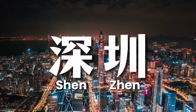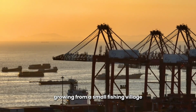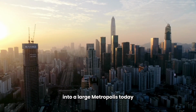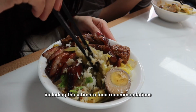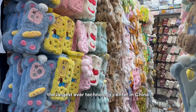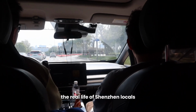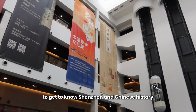Let's go. This is Shenzhen, a futuristic city growing from a small fishing village into a large metropolis today. We've tested out the best way to get to know Shenzhen, including the ultimate food recommendations, the largest ever technology center in China, the real life of Shenzhen locals, and the iconic museum to get to know Shenzhen and Chinese